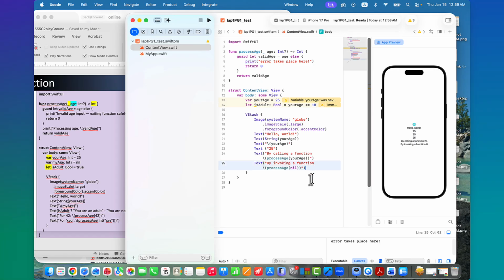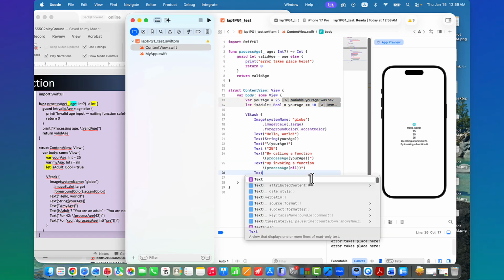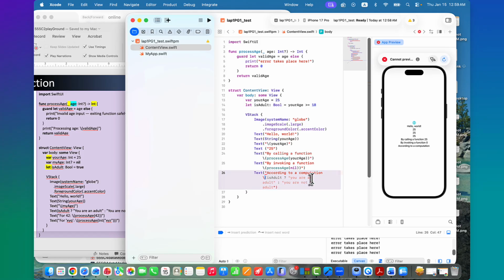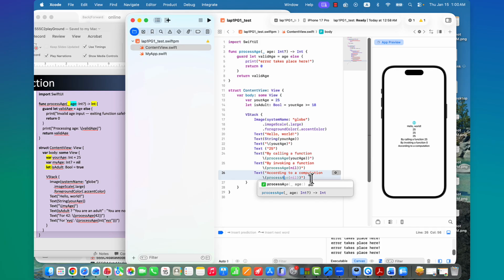So the last test, I would say, according to computation, here back escape character, and within that, I would say process age, and then your age.